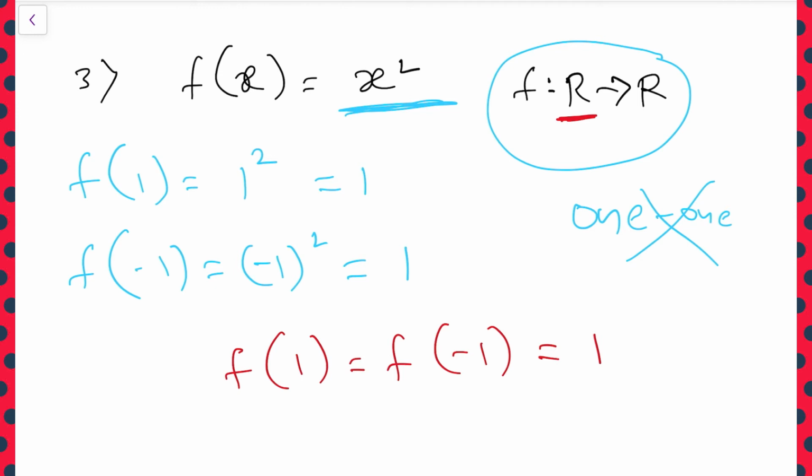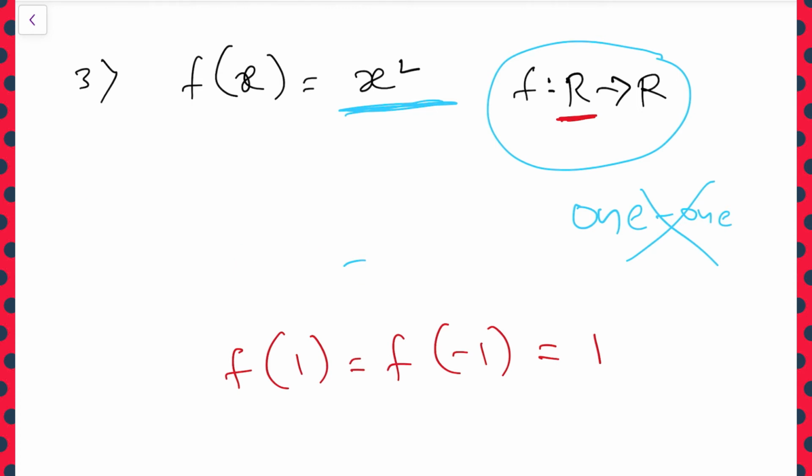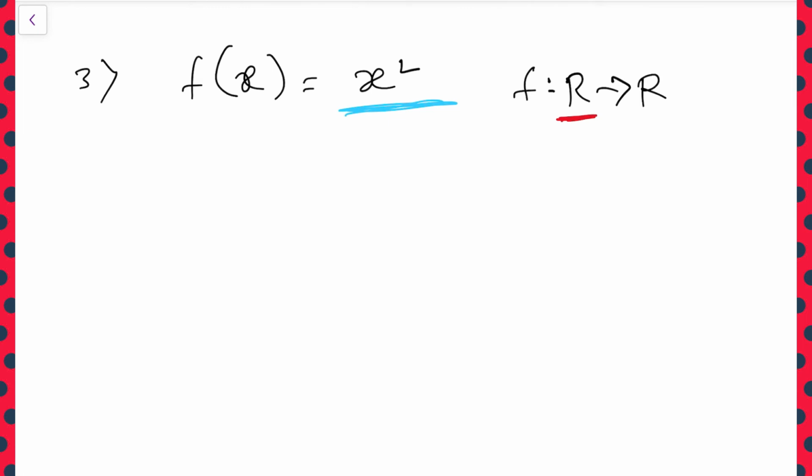Okay, next let us move to the next question. I am changing just the function's domain. In the previous example, we had the function from R to R. Now I am changing the domain and writing that the function is defined from N to N. f is a function from N to N. Now f(x) equals x square. Shall we call this a 1-1 function?